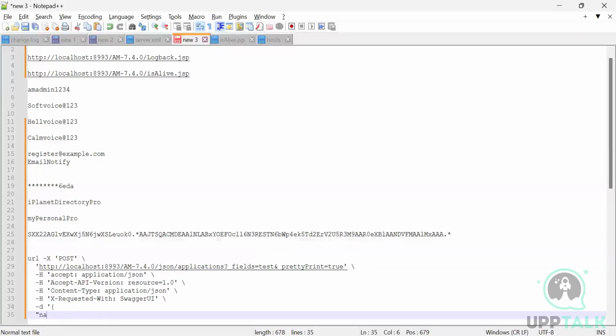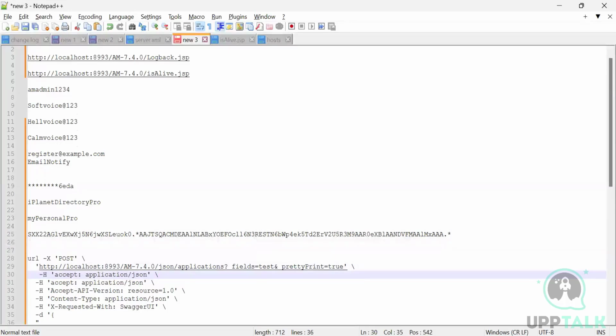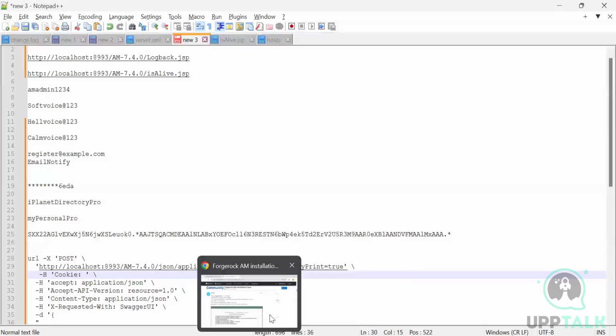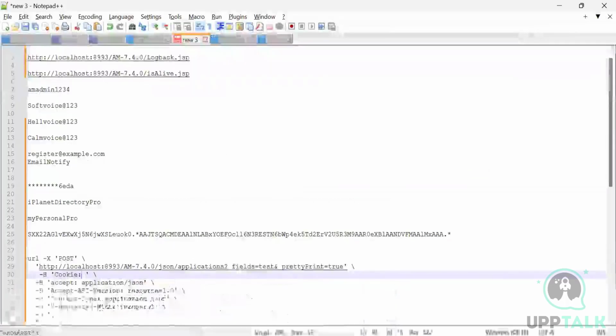So here in a header, it didn't show, but the header will be put like this instead of this one. Cookie. So what's your cookie name? Your cookie name is